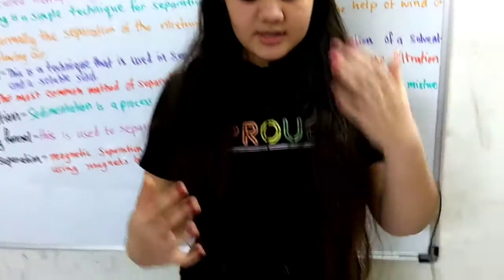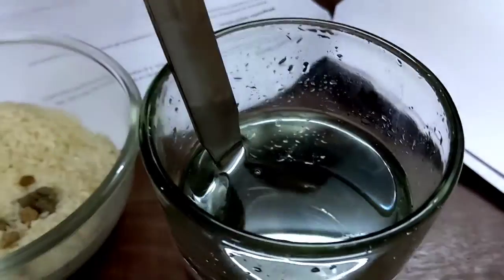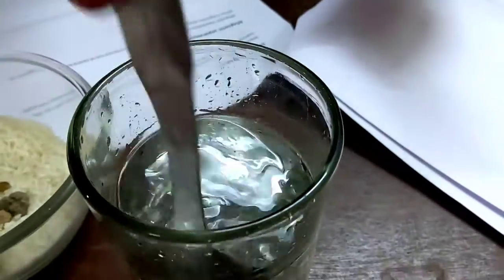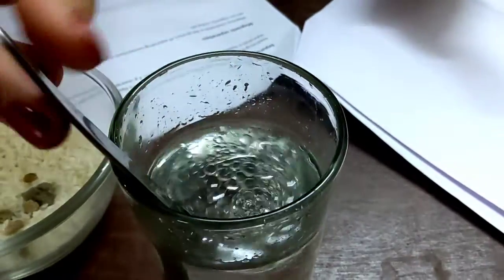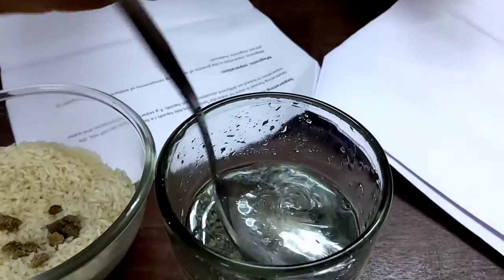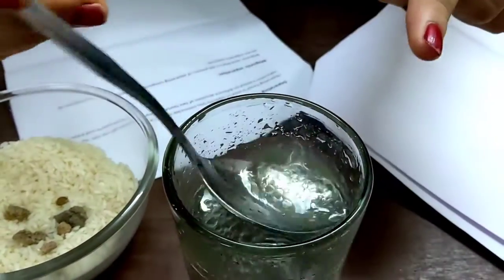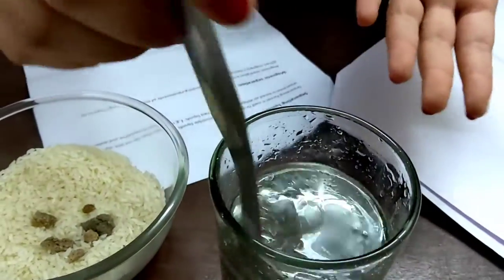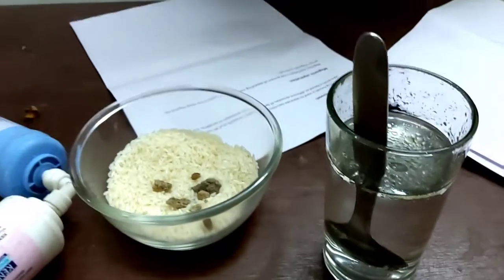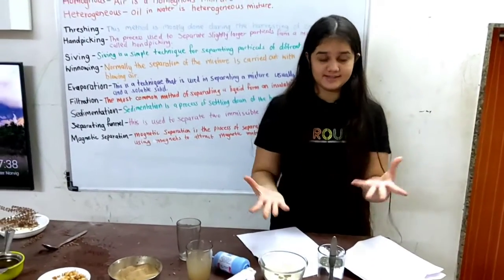Now this fully depends on the density, but I don't have kerosene right now. But you can take oil and water. So I have water, which I showed you in the starting. This is oil and water. See, because of the oil's lower density, you can see the oil on the top. As you can see the bubbles, there is so much oil here, but you can see the two liquids separately and you can separate them. So again, this is a heterogeneous mixture, because you can see the different particles in it.